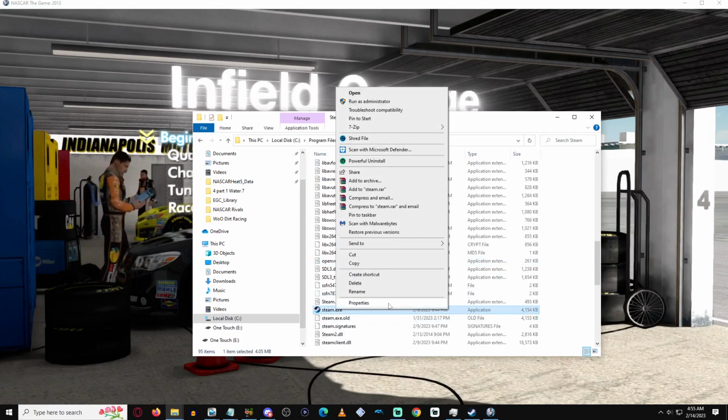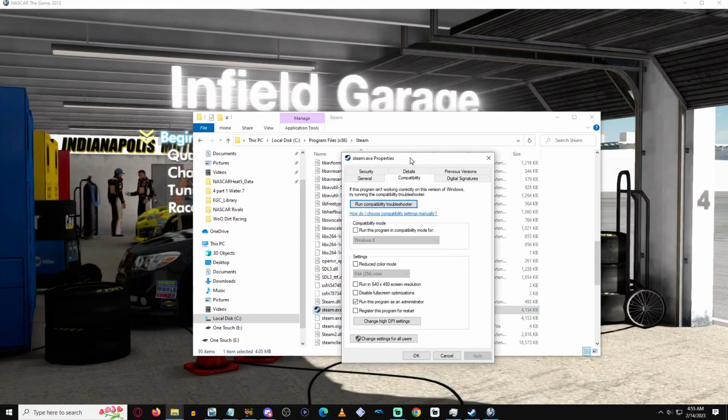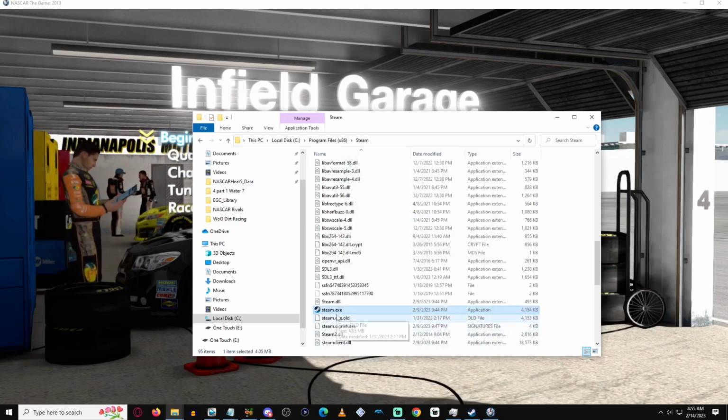You right click that, go to properties, then you go to compatibility here, and then you check this run the program as administrator. So you click that, hit apply, and then OK. Obviously, make sure your game is not open when you're rebooting it up, just to be sure. I'm just kind of keeping this up as background, but yeah. So once you do that, you can boot up the game, and all the schemes are there, and you're able